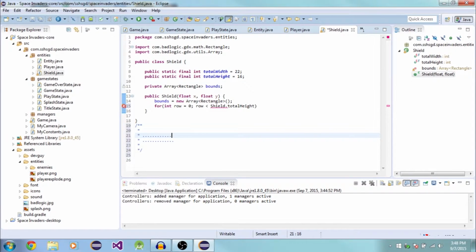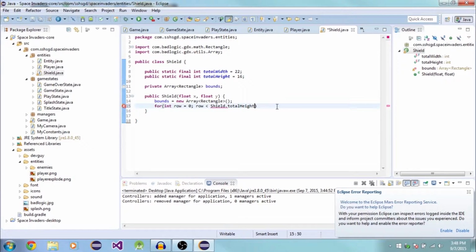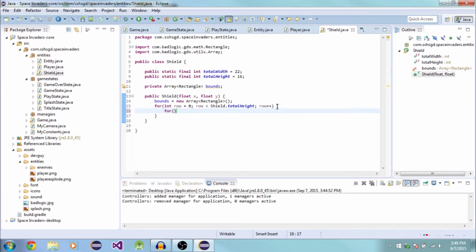What this nested loop does is it pretty much just adds a row of these dots. So the loop does the rows first, up to the shield's total height, and then next we're going to do row plus plus. You remember that's how our for loop works. Okay, so we're going to put another for loop in here. And this is going to be for the column. So this for loop is going to be called 16 times in total, and it's going to have 22 iterations. Column is less than shield dot total width,